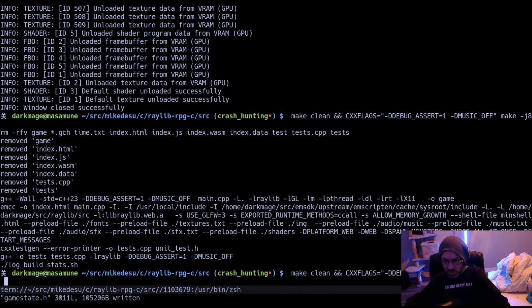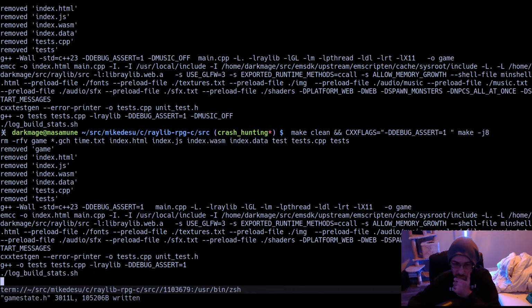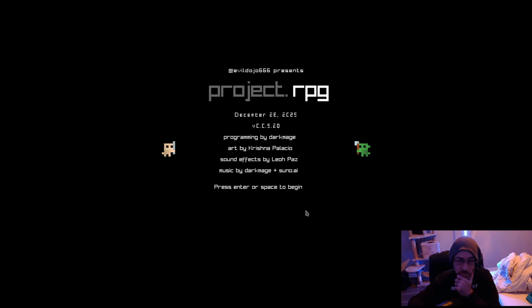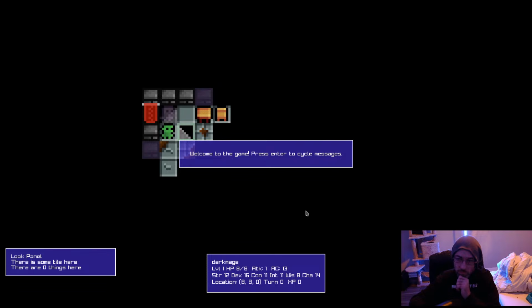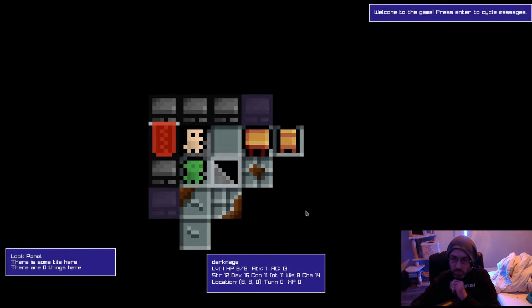We could also get the music back on, right? We spawned right next to an enemy, so it's not good.